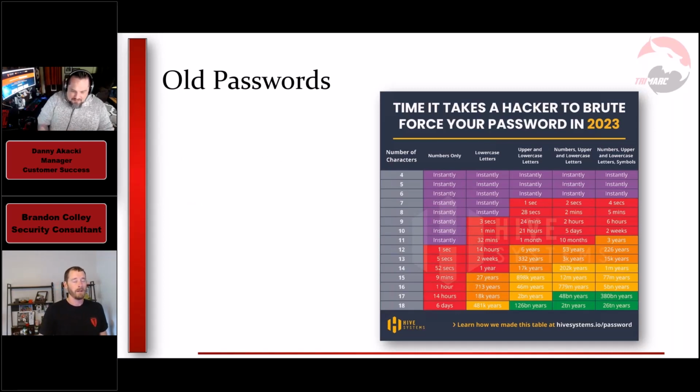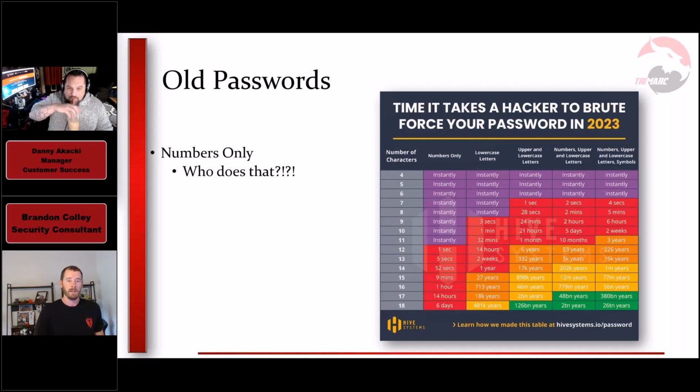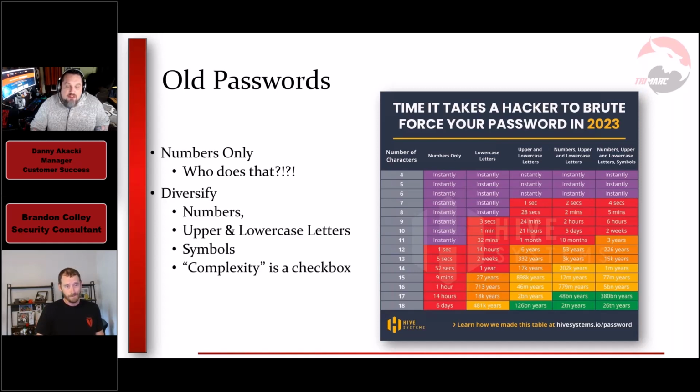And so I also am going to take the opportunity to tear this graphic apart because I don't like this graphic. I never really have. And here's kind of why. Because it starts off on the left, identifying passwords that contain only numbers. And passwords that contain only numbers are actually known as pins. And those are usually like 4 to 8 characters. Nobody sets an 18-character numeric password. Okay, so we're going to get rid of that column. There's actually a term for people who use 18-character numbers only. Those are called sociopathic passwords. So I can't remember my password as it is, right? I can't imagine just being numeric.